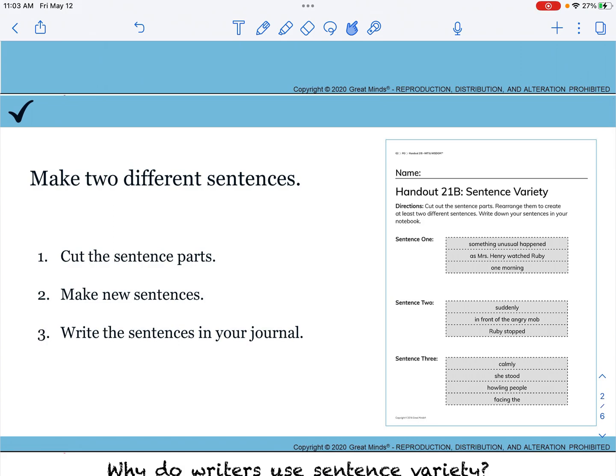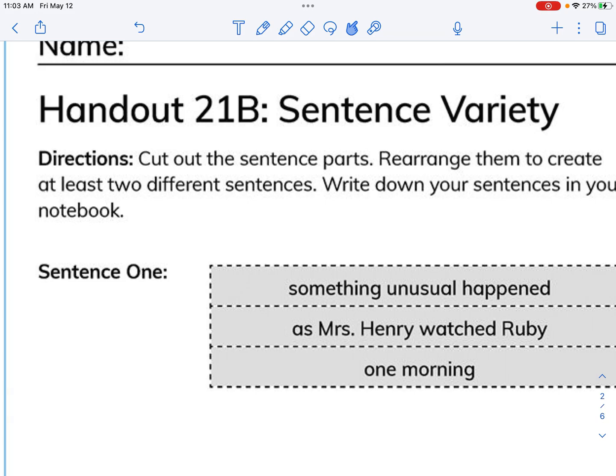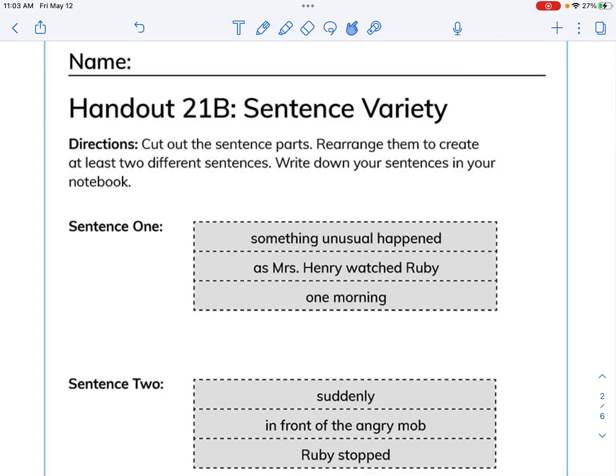In your blue book, we are going to open our book to handout 21B, Sentence Variety. We are going to cut out the sentence parts and then rearrange them to create at least 2 different sentences. Then we're going to write down our sentences in our book. We're going to glue them down and then we can rewrite it,